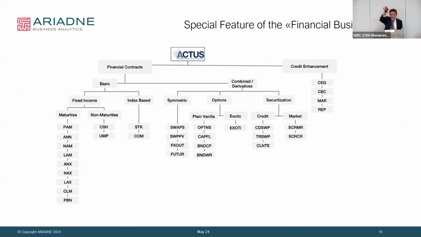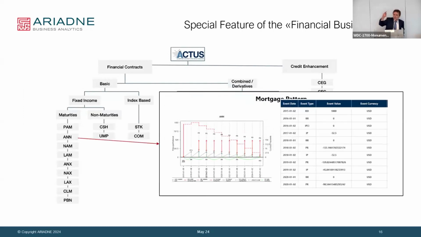And those who know ACTUS a little bit, they know the PAM and the annuity. These are the on-balance sheet items here on the left side. Principal at maturity, annuity here. And of course, what we define is not only the data, but we define the algorithm which generates those patterns, basically. These are the cash flow patterns, and the graph shows it even in a balance sheet representation. And what you see on the right, these are all the payments, all the obligations, and this is rock